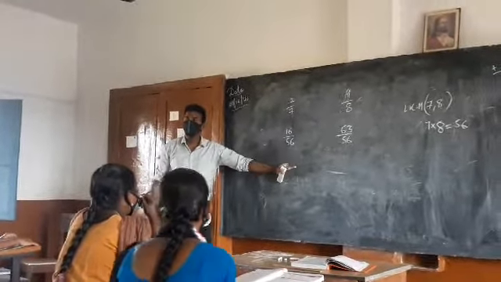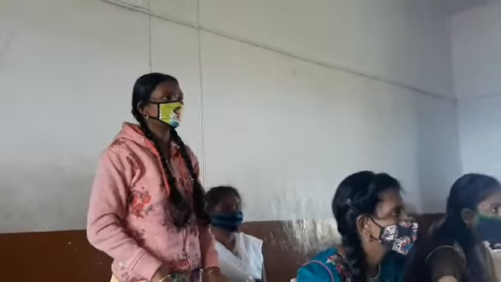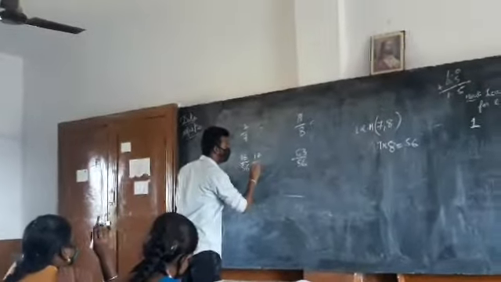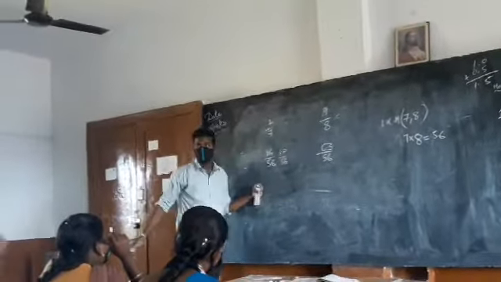There are lot many more. Can you give me an example? Can you find? Any rational number between these two? You couldn't find? Louder, louder. Anything is fine. Say it out even if it is wrong. Louder? 17 by 56. Yes, very good. 17 by 56 is the rational number which lies between this and this.